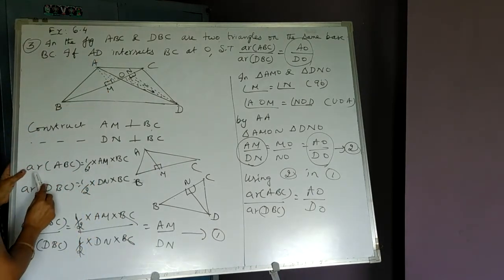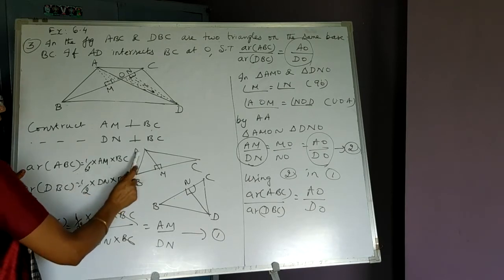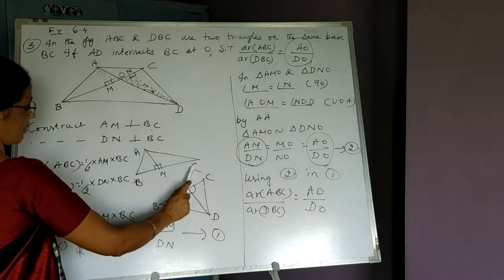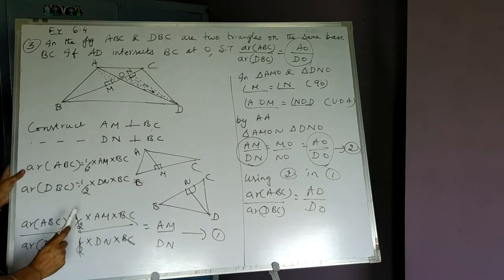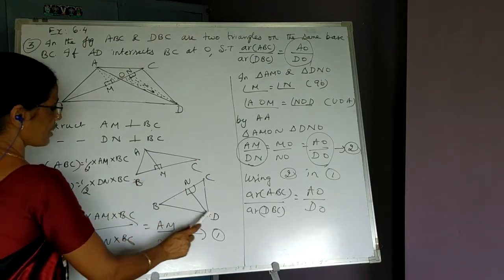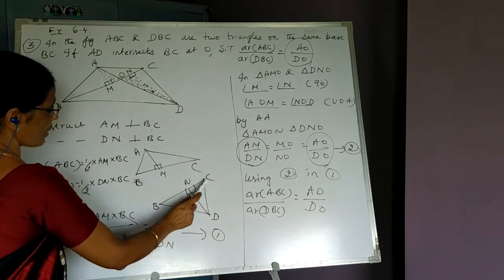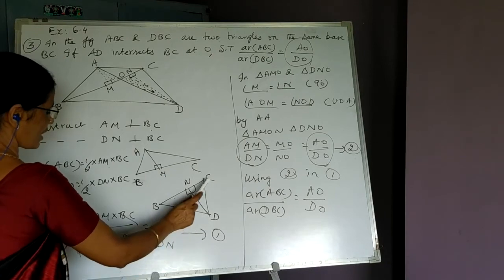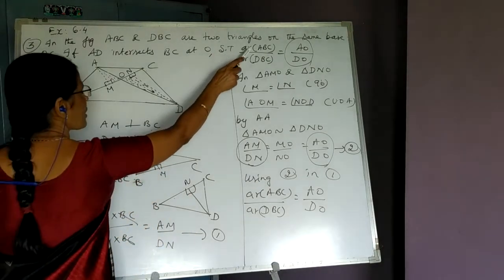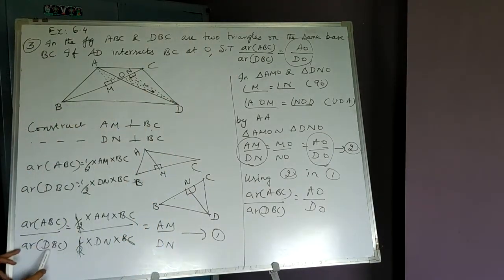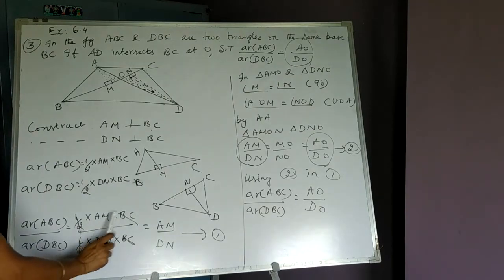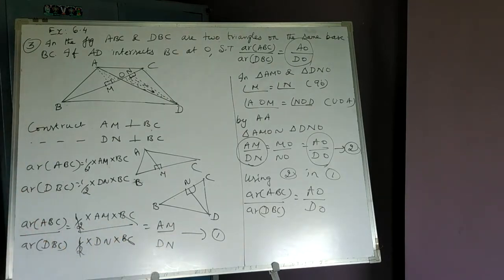So if you take triangle ABC, area of triangle ABC is half into AM into BC. Similarly, area of triangle DBC is half into base into altitude, half into DN into BC. We want the ratio of their areas, therefore we carry out a division here. Half and BC get cancelled, we get AM upon DN. Then we have taken triangle